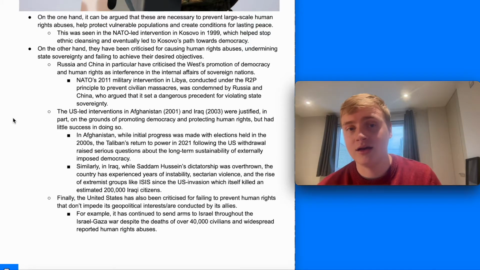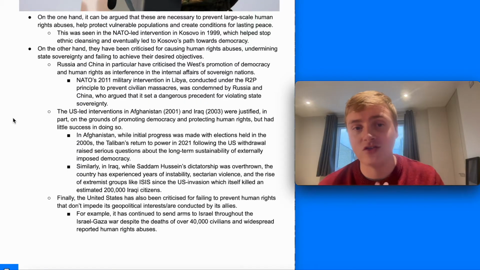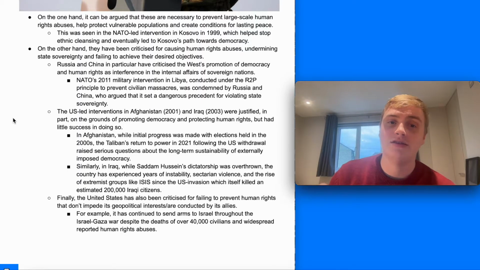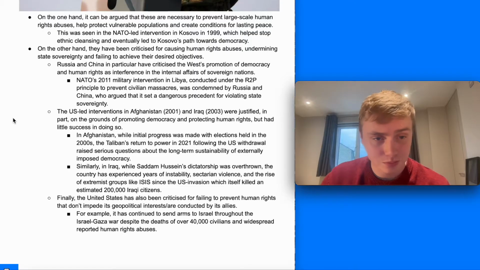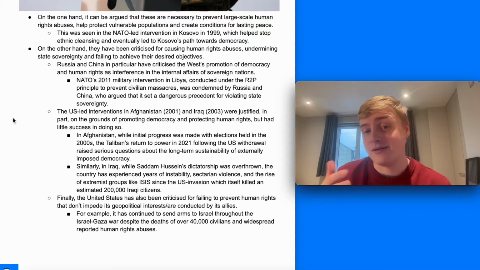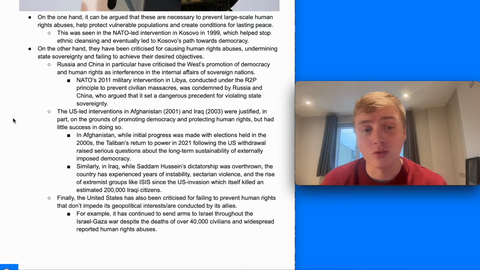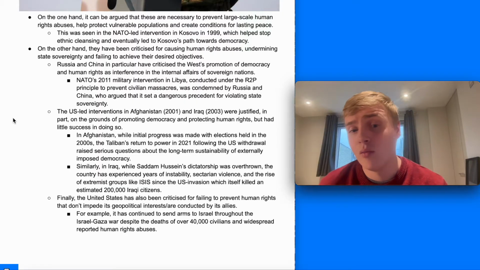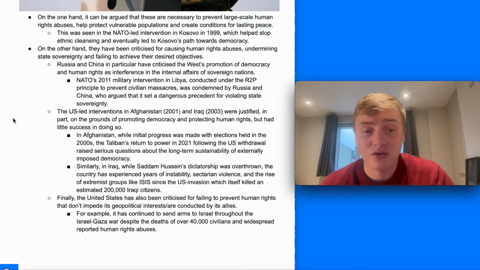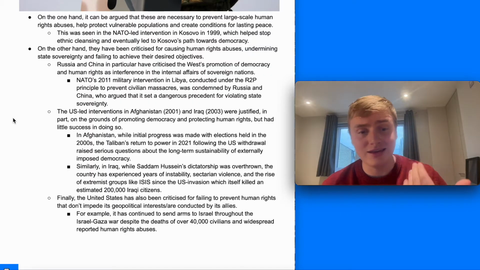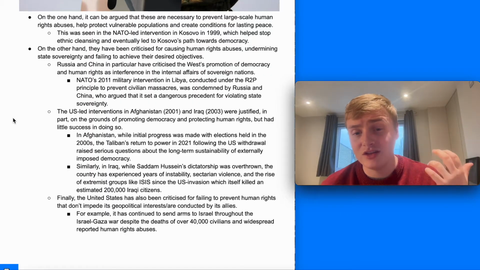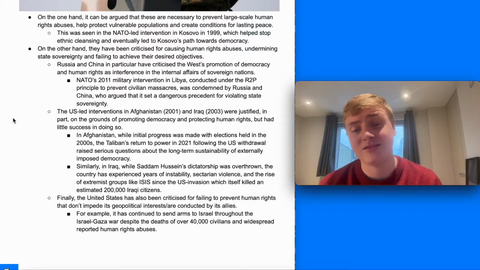Russia and China in particular have criticised the West's promotion of democracy and human rights and interference in the internal affairs of other sovereign nations. Whilst the US-led interventions in Afghanistan and Iraq in particular were justified in part on the grounds of promoting democracy and protecting human rights, they had very little success in doing so. In Afghanistan, the Taliban ultimately returned to power after US intervention of over 20 years, whilst in Iraq, Saddam Hussein's dictatorship was overthrown, but the country then experienced years of instability and violence, whilst the US invasion itself killed an estimated